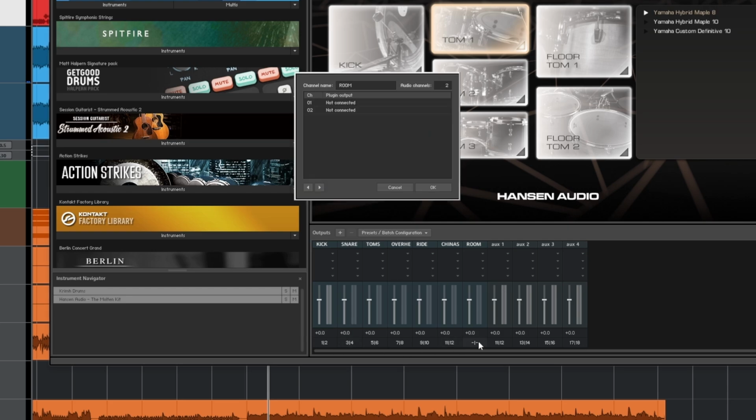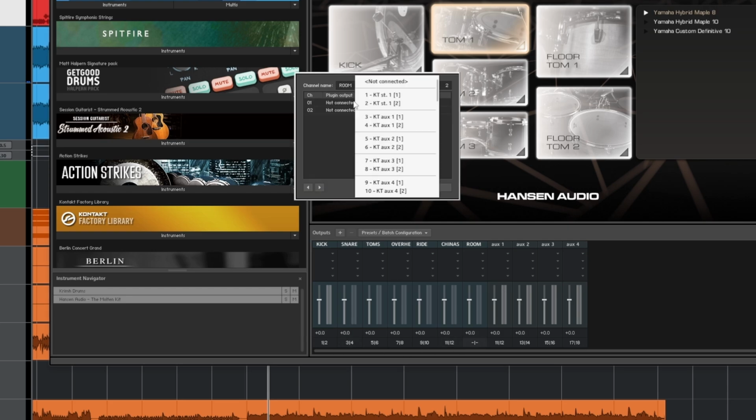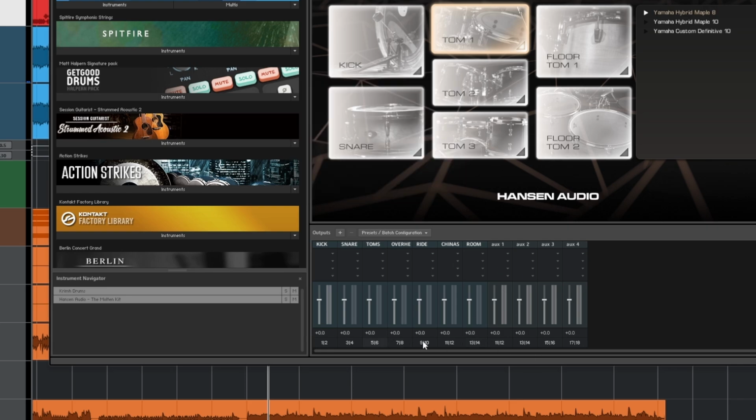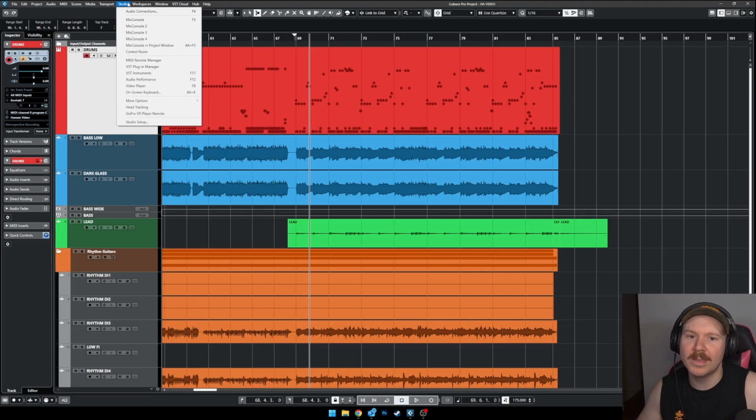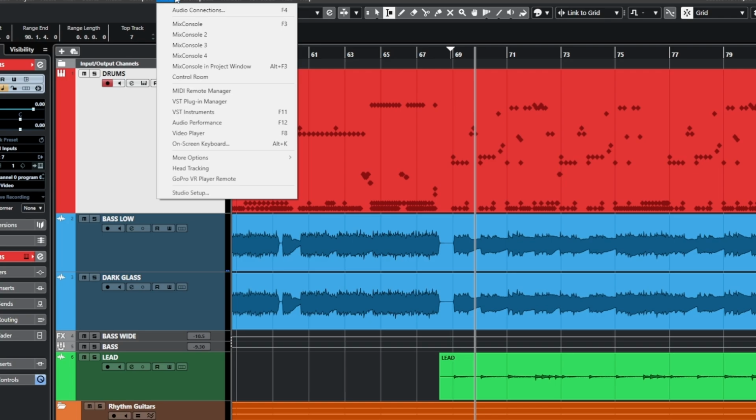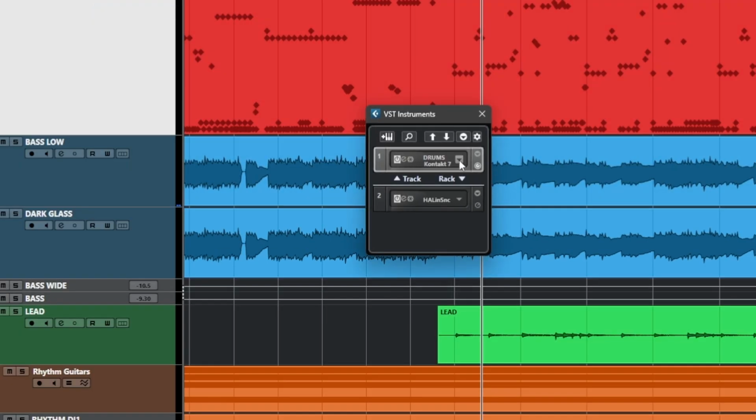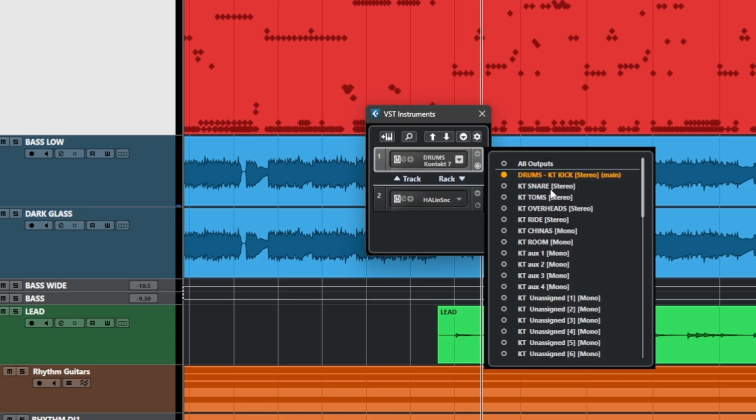So each one is ascending. 11 and 12 and 13 and 14. So if you think this is 14 mono channels or 7 stereo channels that's coming out, all we need to do is tell our DAW now is that we are creating 7 stereo channels that we want to come from Kontakt. So to do this in Cubase, you go VST Instruments, Kontakt, activate outputs, and you see here,